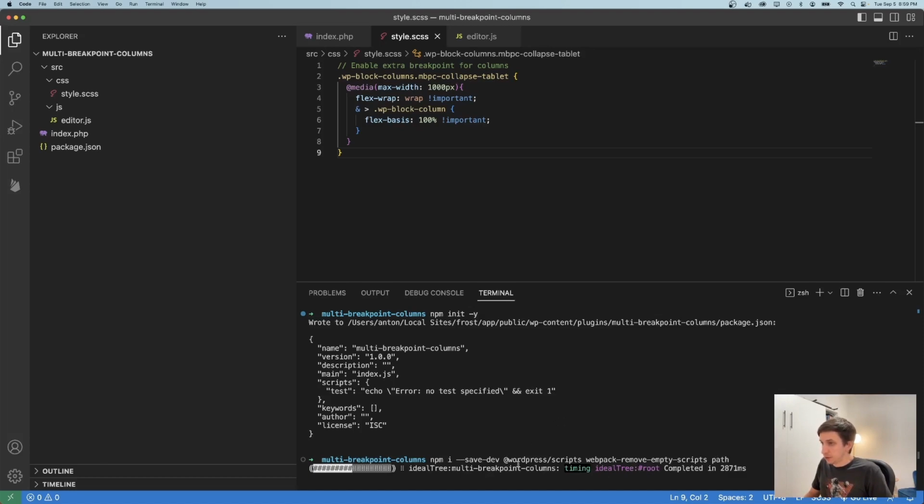There's not a whole lot to it. WordPress scripts does so much for you. So we're installing it, and then just webpack remove empty scripts and path are 3 packages. So I'll let that install, and then I'll get ready to drop in. Well, while that's installing, let's make a